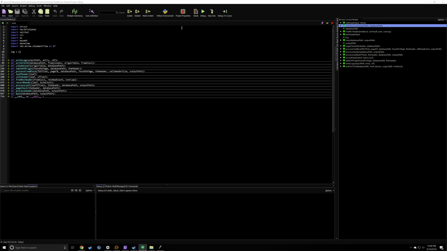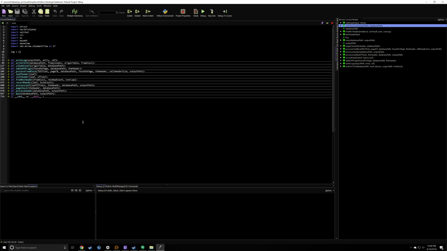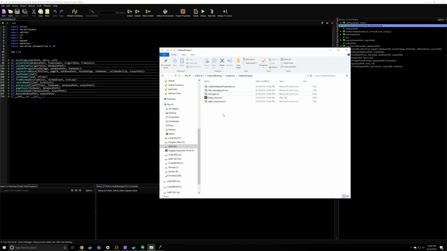So this is still a work in progress. For example, I had a loop built in. I've run this against about 100 different databases, but right now we don't have any user prompts. It's just pointing at a specific database right now. So we'll hit play and get our output here. What it does is it runs through, finds any deleted content, and then saves that deleted content out to a CSV